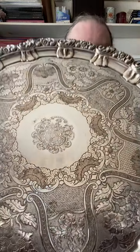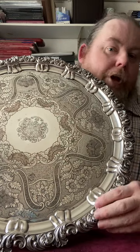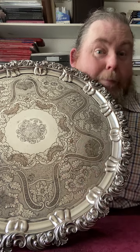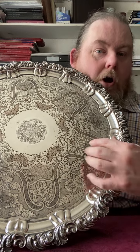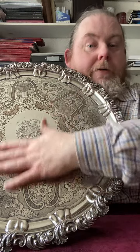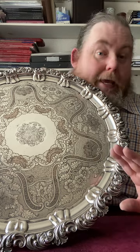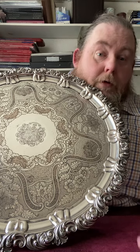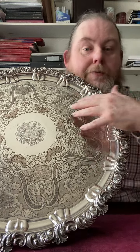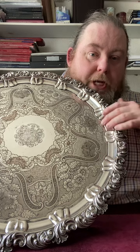Now, what's important to remember with this stuff, unlike a lot of later Victorian electroplate, where these are stamped out, all of this decoration that you're looking at now on the field of the salver is hand chased, exactly as it would have been with a piece of silver. So this was originally produced, let in shield, you've got your stamped applied borders, you've got your shaped borders here,